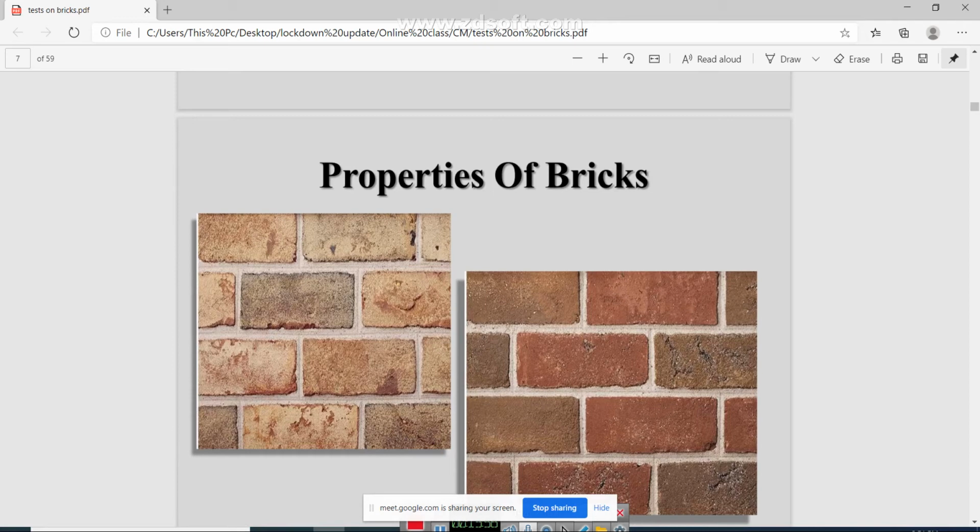Whenever you are speaking about brick, note this point. If you are constructing a brick wall which has 1 meter length, 1 meter width and 1 meter height, then the total volume is 1 meter cube. The number of bricks required for 1 meter cube is 500. Actually it is 450 to 500, so in some cases it may be 450 or 500. Within that range it will fall. Okay.